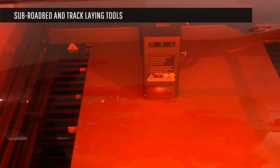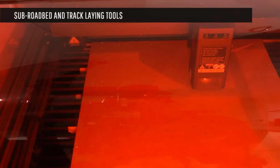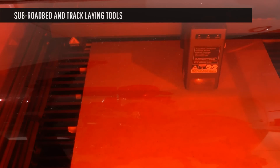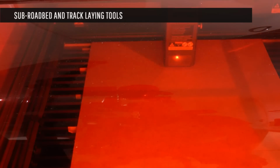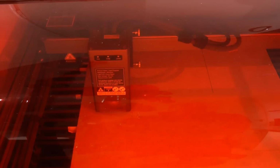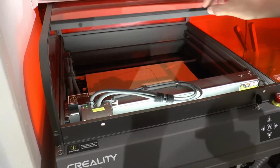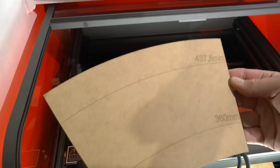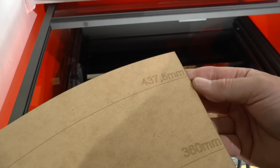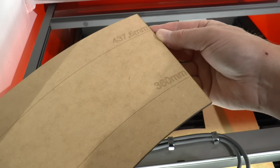But the laser cutter can also be used to produce structural components when building a model railroad. And this is one of the examples. It's a sub-roadbed piece. This is for a dual track mainline, 360mm and 437mm curve radius. So you simply just cut them out. You can also cut standoffs suitable for your layout, to get the proper height of each of these, and then